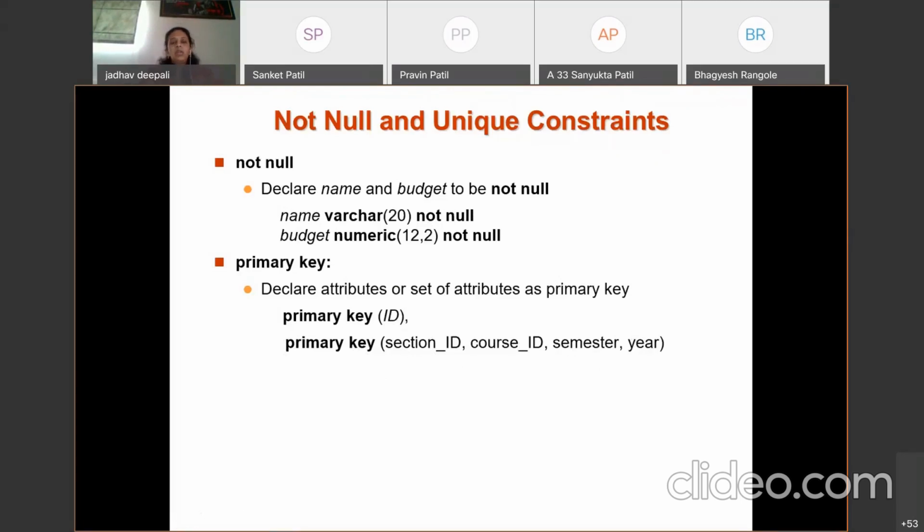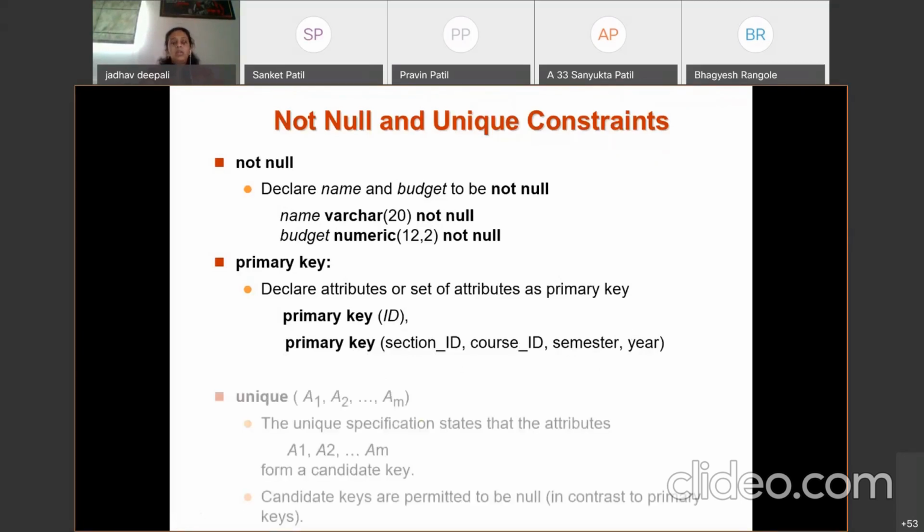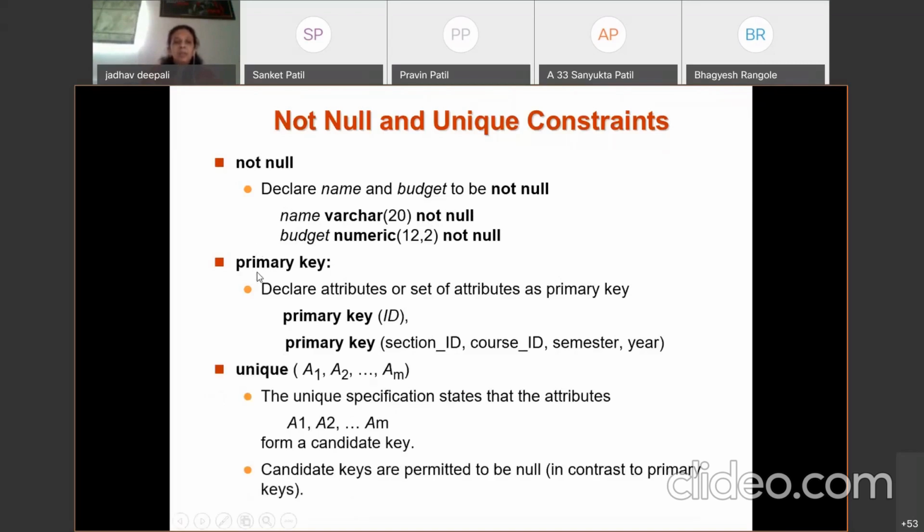Now the next. So unique in brackets A1, A2 to AM. What is this unique? The unique specification says that the attributes A1, A2 to AM form a candidate key. If we define a particular set of attributes as a candidate key, then unique is used. And it is very rarely used. Okay? But the difference between the primary key and candidate key is that candidate keys are permitted to be null.